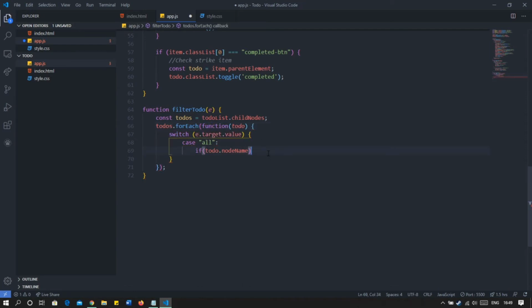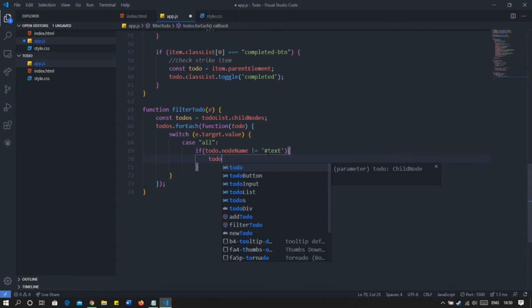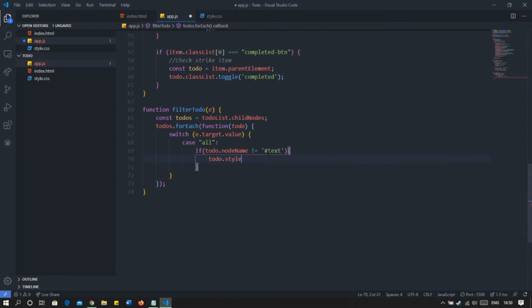So nodeName is not equal to text. Okay, we will check, and then we will keep this as it is, because the general style that we have is flex.